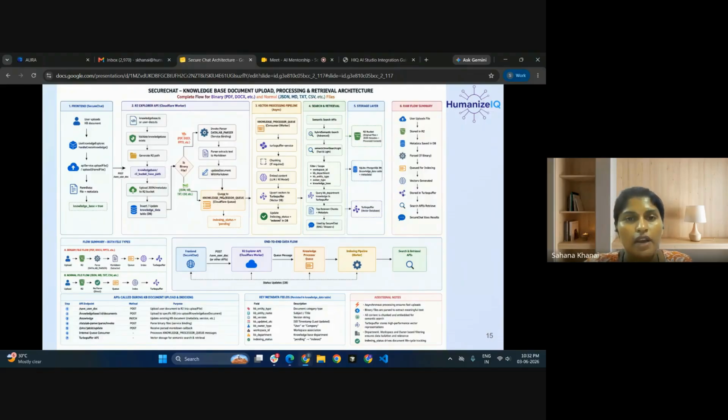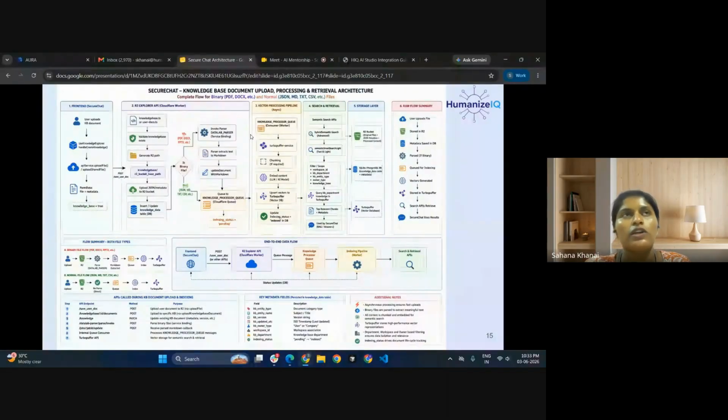So we have created a queue for secure knowledge base retrieval for RAG purposes. We have created a queue called knowledge base processor queue, and from here it is queued to the vector processing engine pipeline.